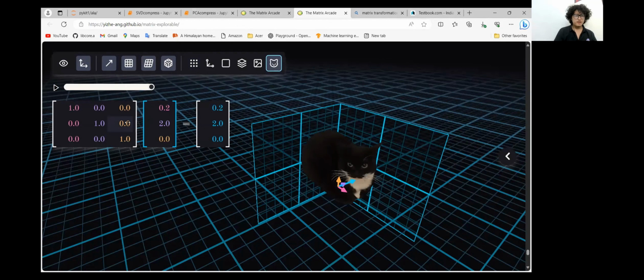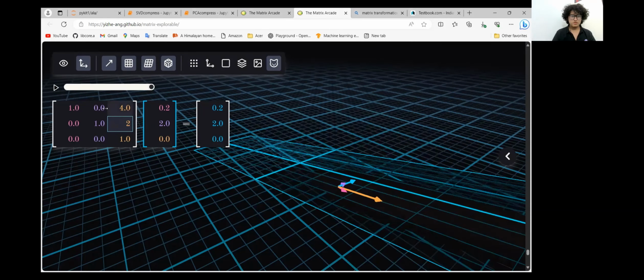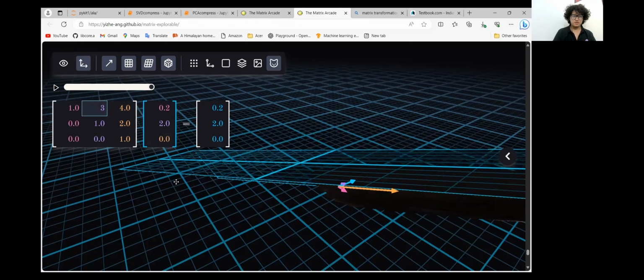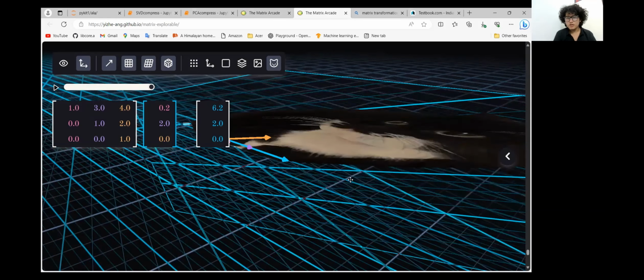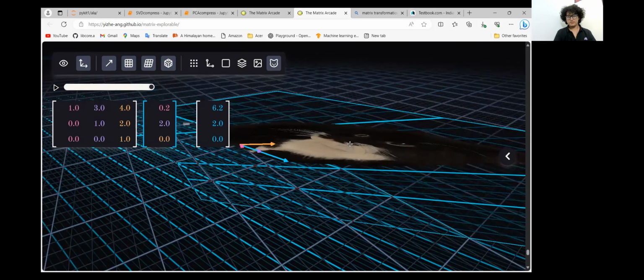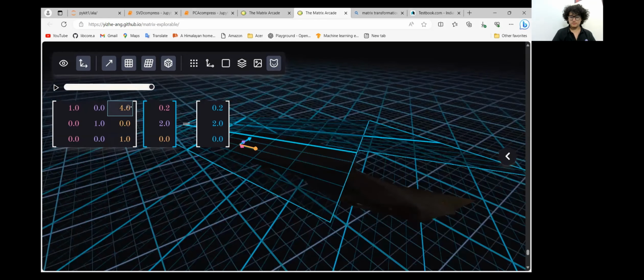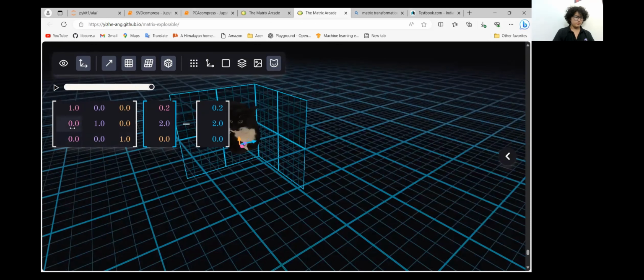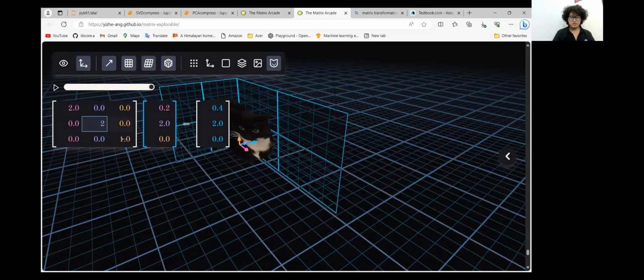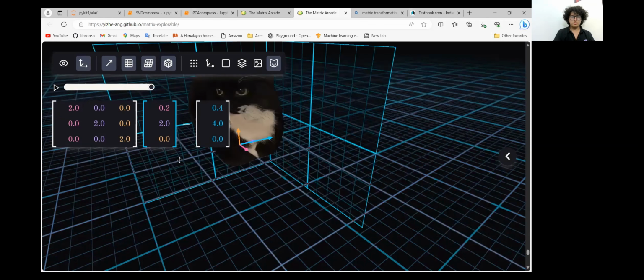Now let us apply some affine transformation to that cat. So we'll do that 2 and 3. So after this transformation, we can see that there is our cat. It has gone some flatness to it. Let us clear it out, make it all fine again, and only perform some basic operations to it. So what can we do? Let us scale it so we can see it in a better view. That's our cat,